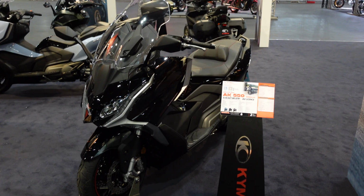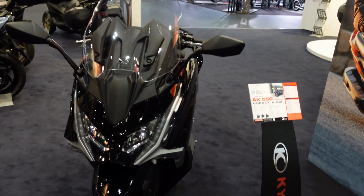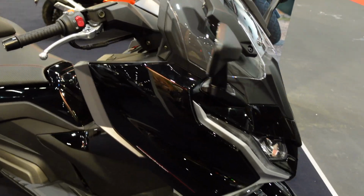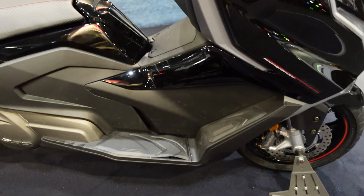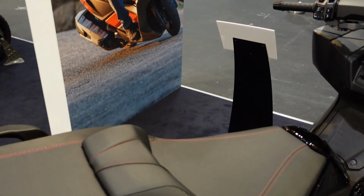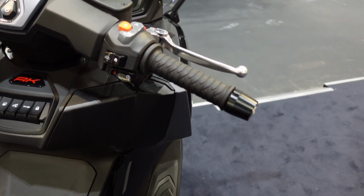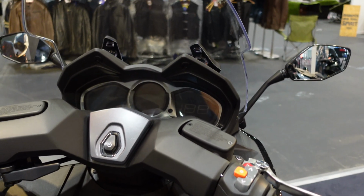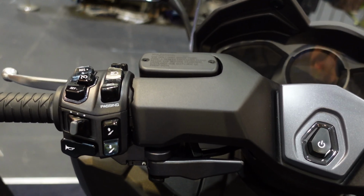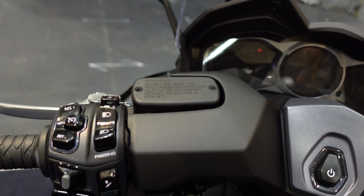So first up we have this AK550, which looks like one of the big premium maxi scooters. It's got a massive windscreen on it, those big mirrors, and the fit and finish actually looks pretty good. There's certainly a huge amount of space. It's not exactly a step through, but I guess if you've got a 550 motor on it, it has to go somewhere. It's just got a big start-stop button. Quite a lot of controls there. I'm sure there's all sorts of things from cruise control to computerized things that would appear